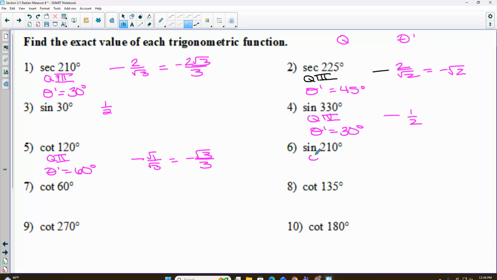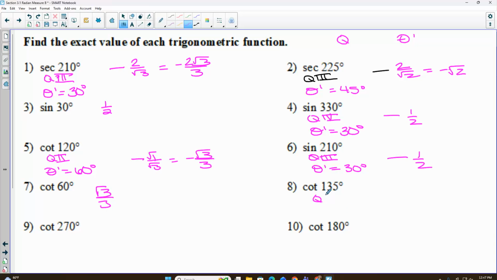Sine of 210, what quadrant? Reference angle? Okay, in quadrant 3, tangent's positive, so sine is negative. The sine of 30 degrees, 1/2. All right, cotangent of 60, I don't even need quadrant and reference angle here. Tangent is radical 3, so cotangent would be